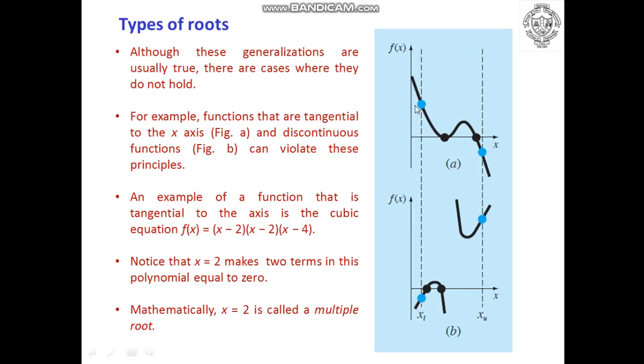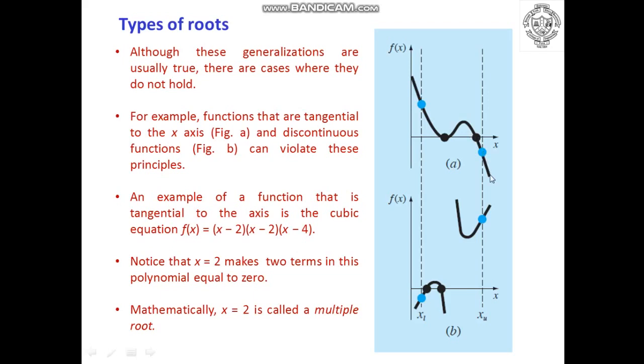Because if you can see here, the function represented in case A, where the sign at the initial case xl is positive, at this particular point it is exactly 0. Again it increases in the positive sign on the first quadrant,